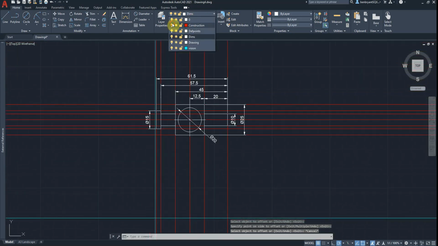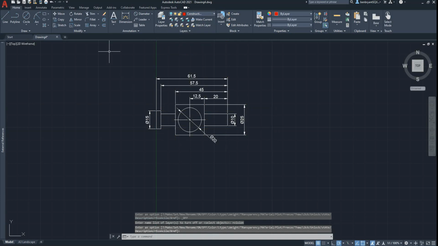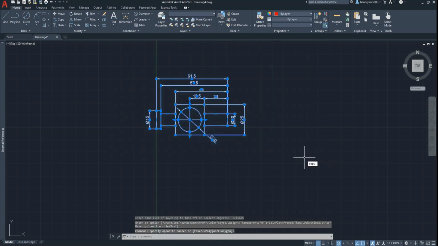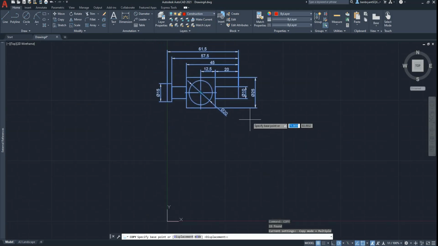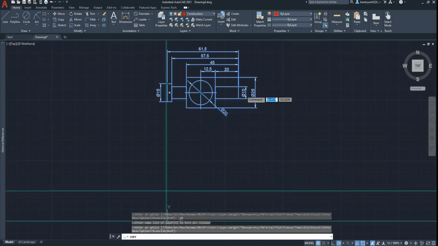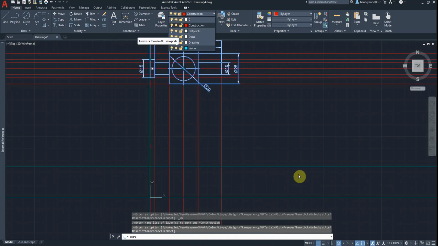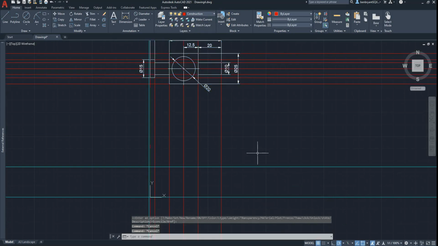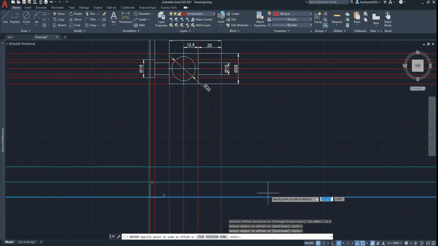So what I'm going to do is turn off my construction layer, and turn off my vision layer for a second. And I'm going to copy this component, so it's copy. I can choose a valid point. Let me just have my vision on, what have I got, because I haven't got a centre mark, which would have been ideal. What I might actually do before then, I'll set 12.5, so I get that centre mark back, which is centre to centre. So what I can now do is copy,